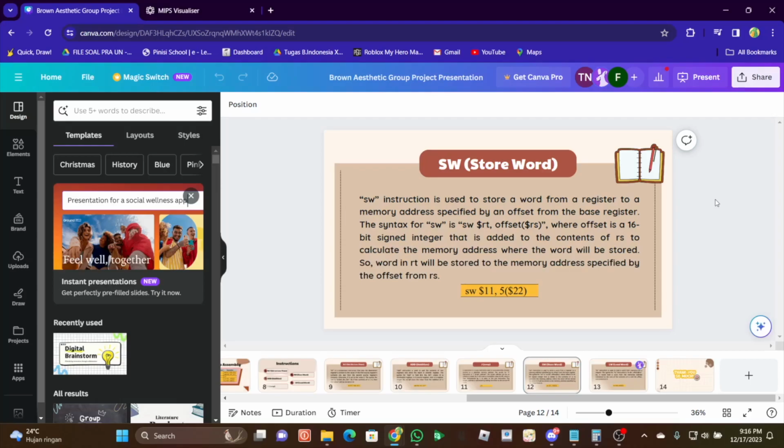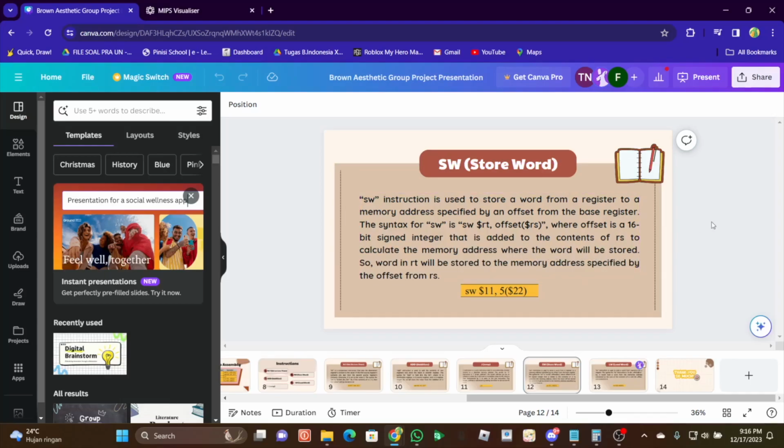The syntax for store word is SW $register target, offset($register source), where offset is a 16-bit integer that is added to the content of RS to calculate the memory address where the word will be stored.